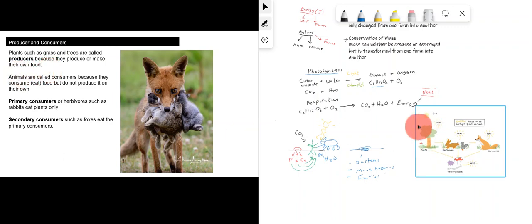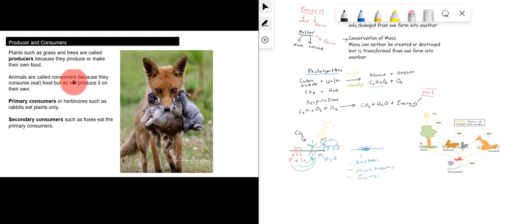So for example, plants have this ability to photosynthesize, and as a result of that, they have the ability to make their own food or make glucose. They actually use the glucose and burn it as respiration to carry out all the functions that the plant needs to do. Plants take the energy from the sun, take molecules in the environment around them, like carbon dioxide and water, combine them together and make their own food in the form of glucose. Not all animals have the ability to do that, but plants do, and organisms that can do that are called producers because they actually produce their own food.